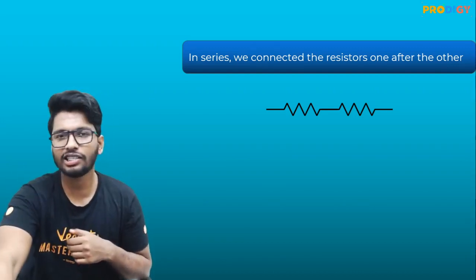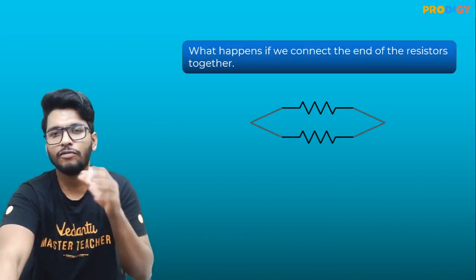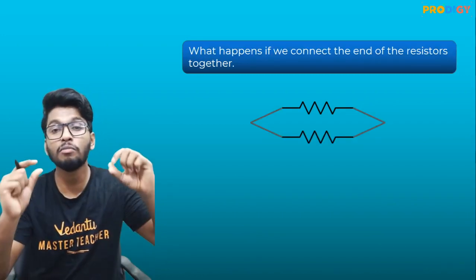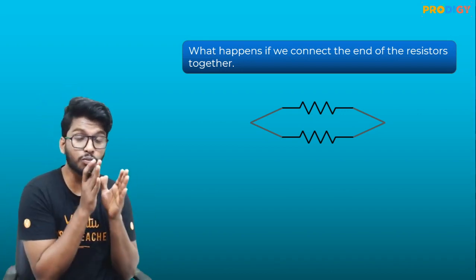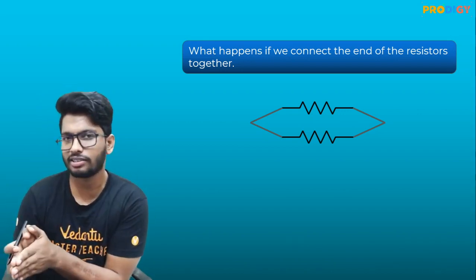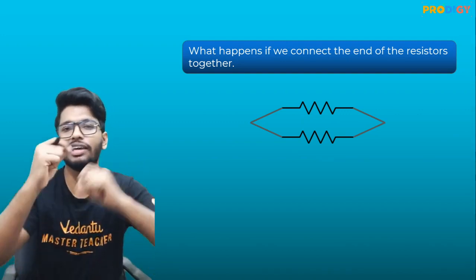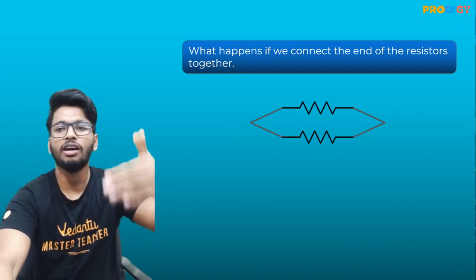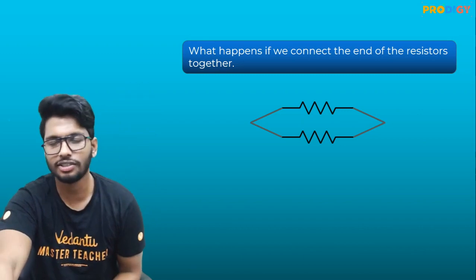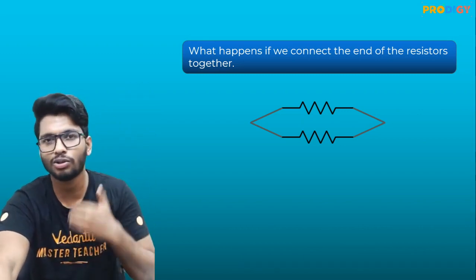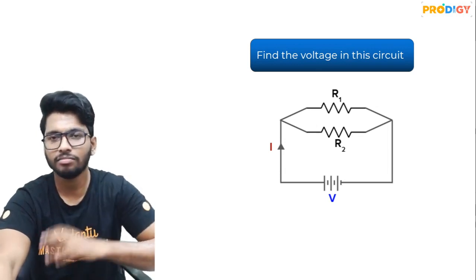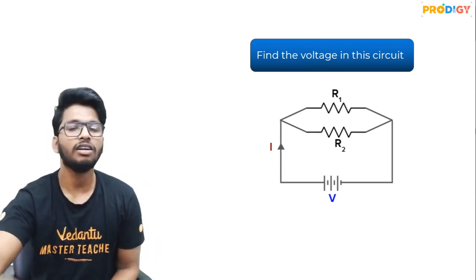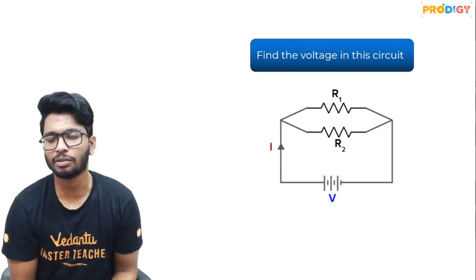So guys, in parallel connection, what you have to understand is this: when you say parallel connection, you're connecting both the ends of the resistors. In the case of series connection, you connected one end of one resistor to the end of the next resistor, but here you're connecting both the ends of the resistor, so it will be along each other's side. This kind of connection is what is called a parallel connection. So here also, if you connect it to a battery, current flowing through it is I, voltage applied by the battery is nothing but V.